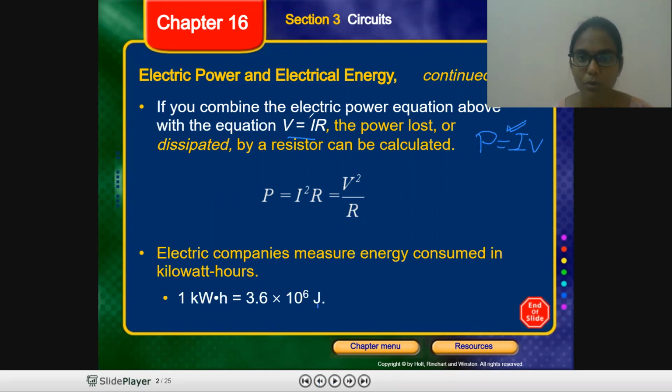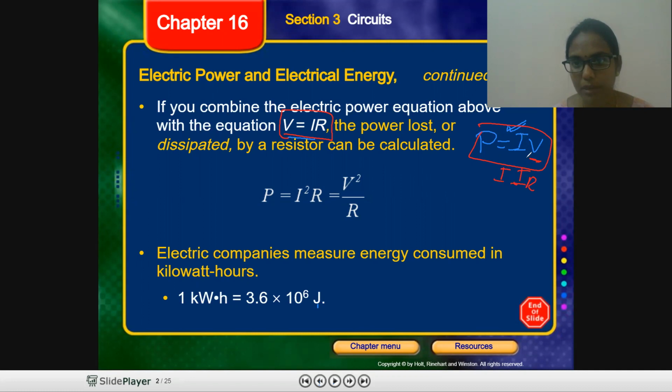This equation we're going to combine with the voltage, Ohm's law, V equals IR. So these two equations now we're going to combine and see what you'll get. Let us take P equals I into V. In place of V, we're going to replace this one. So in place of V, you replace I into R, you will get